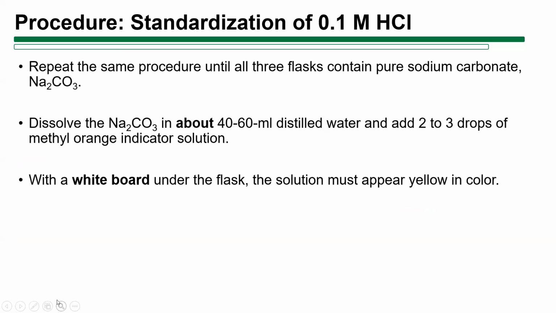So once you have prepared all your samples, you will dissolve the sodium carbonate in water, about, so this is approximate. You can just use a graduated cylinder and then just pour some amount of water, from 40 to 60 ml. The amount will not really matter much, because you already have your sodium carbonate in your flask. No matter how much you dilute it, the amount of sodium carbonate in that flask remains the same. Then you add 2 to 3 drops of methyl orange indicator.